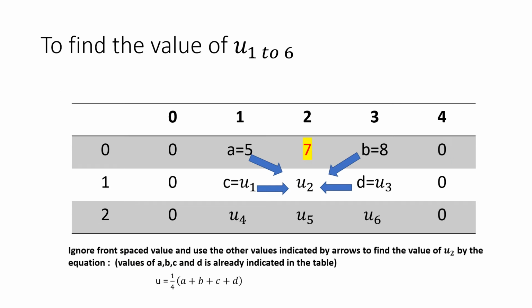So how to find it? As recommended by Nicolson, any u can be found out by the rectangular equation. What is the rectangular equation? The rectangular equation is this: 1 by 4 within bracket a plus b plus c plus d. Here you go like this. First diagonal in the left hand side will always be a, and second diagonal in the left hand side will always be c,